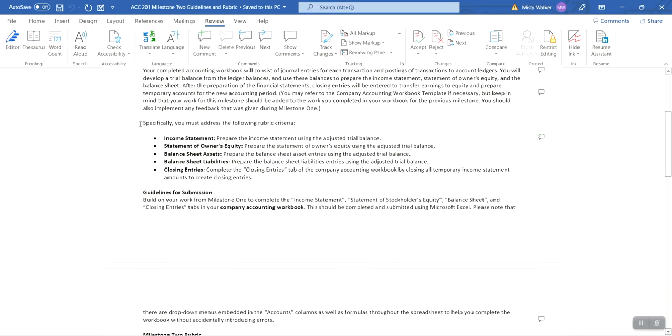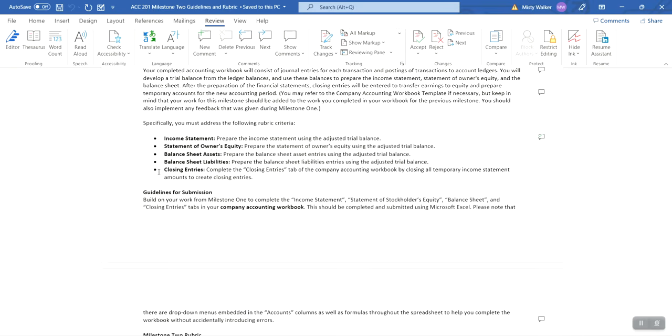So we're going to take the unadjusted trial balance results from our first submission and use those results to prepare the income statement, the statement of owner's equity, the balance sheet, and to prepare our closing entries. So it's going to be very important for you after you receive the feedback from that first milestone submission to ask any questions that you might need to ask to get clarification and return to any errors in that first